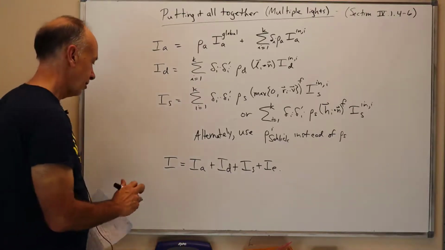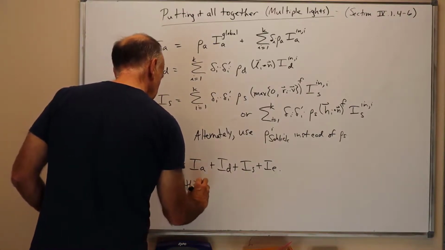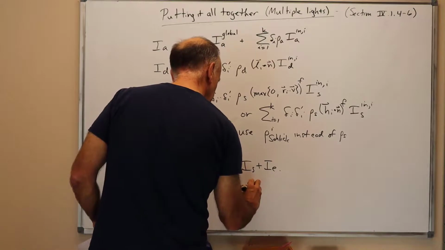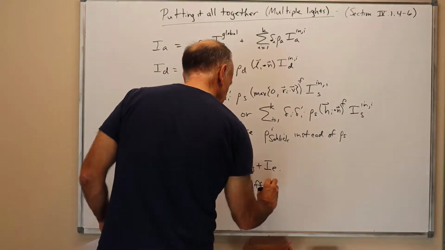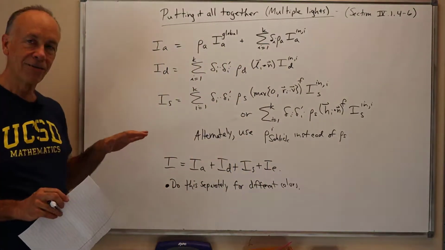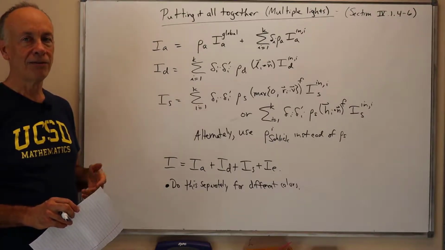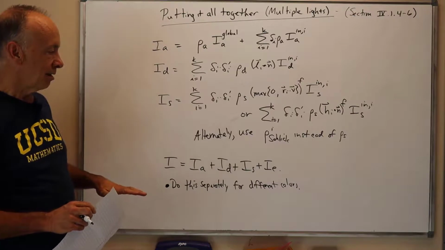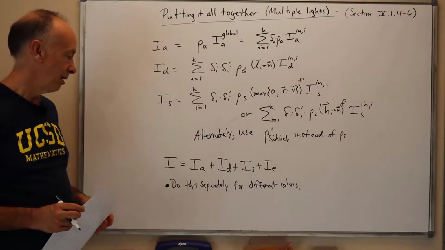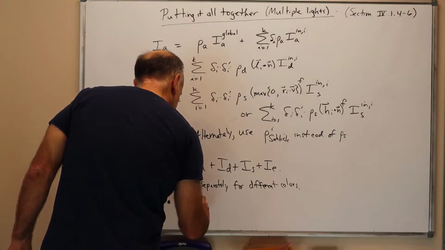Two further comments. First of all, we do this separately for the red, green, and blue components. So the typical thing is we have all these material properties and light properties for red, all these for green, and similarly for blue. We do this computation separately, and then we add up each component by its own, and then combine it into the final color. The other comment is that the I values should be in the range